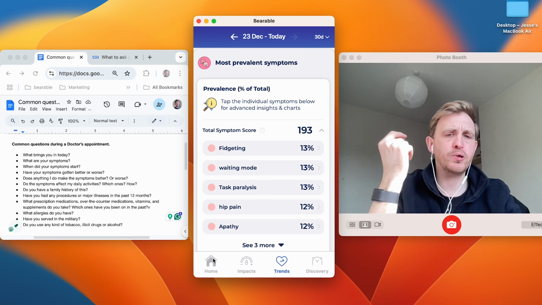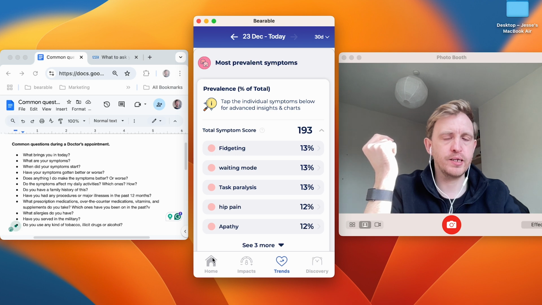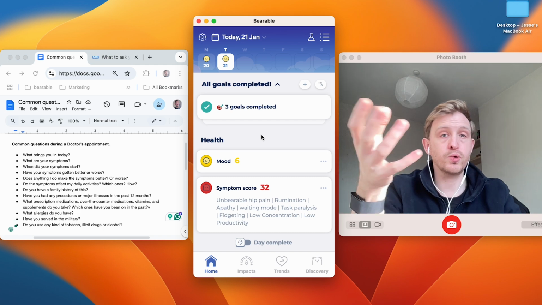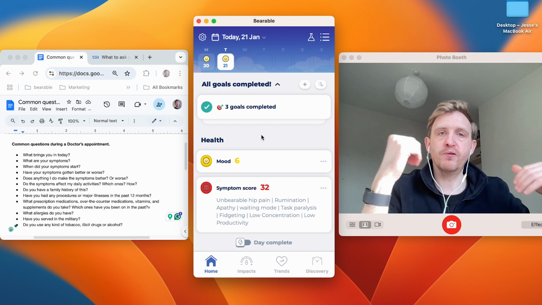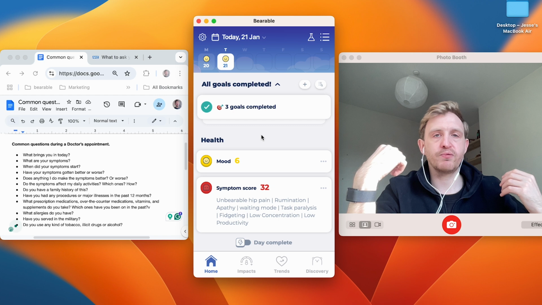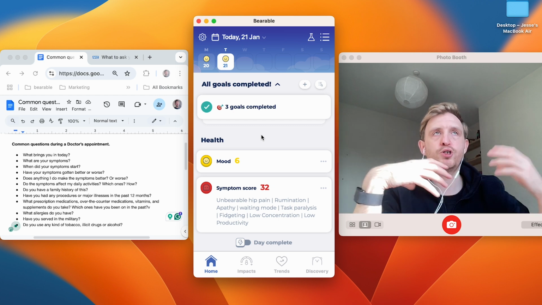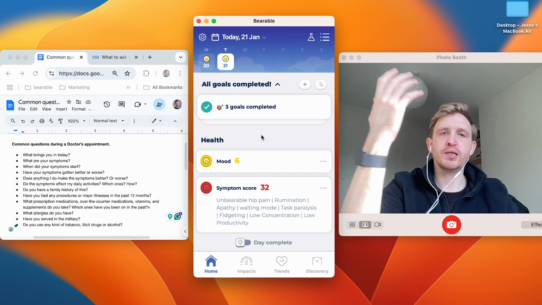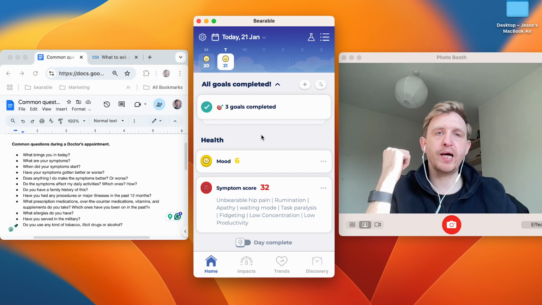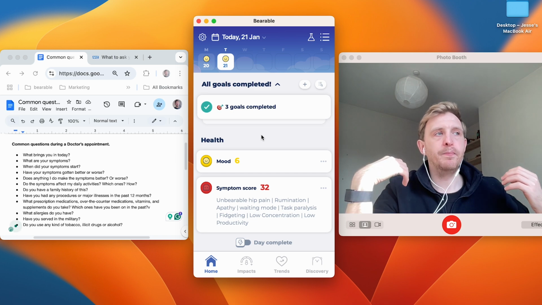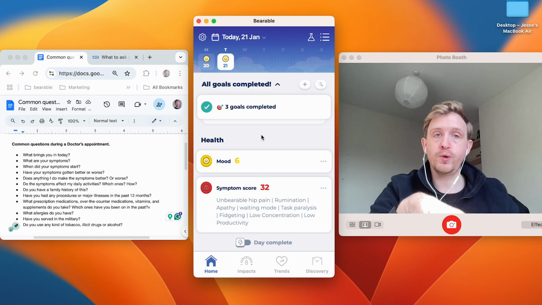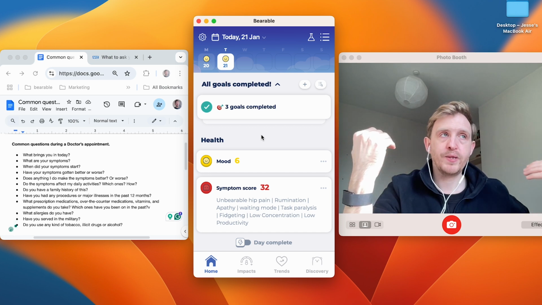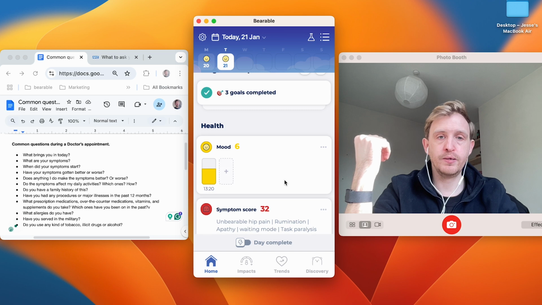I think it's important too to point out that when you set up tracking in Bearable, it can be useful to Google what are the common symptoms of a condition. You obviously have a subjective experience of what your symptoms are, and maybe you're not sure what condition they relate to. But if you have an inkling that maybe you have depression, anxiety, ADHD, some form of chronic pain, some form of chronic fatigue, whatever it is, go and Google the common symptoms. Go and look at how medical professionals refer to the symptoms, and then set those up in your symptoms section.